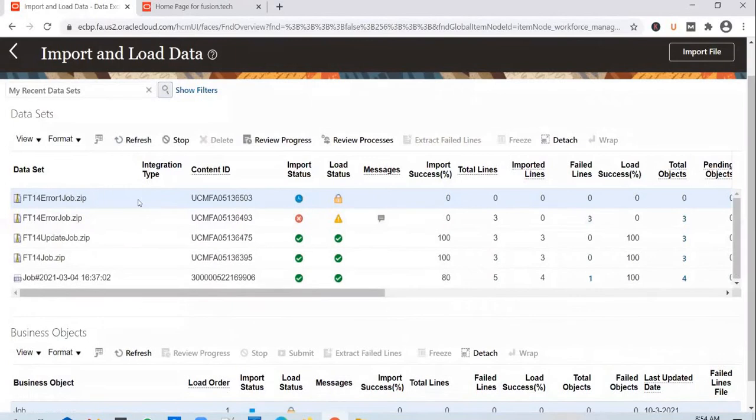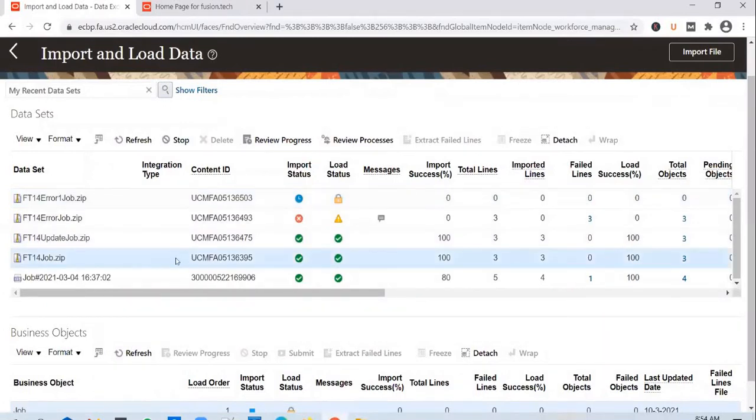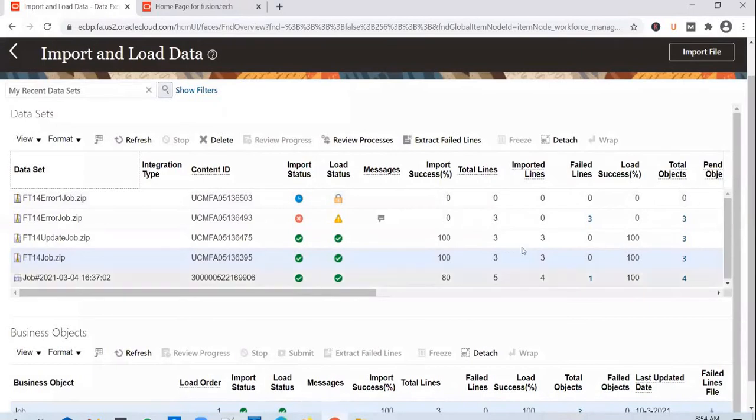Again, the same reprocessing options that you have seen in FPDA are also applicable for HCM data loader. What was the first reprocessing option we discussed in FPDA? Do the missing configuration and reprocess the records, right? We have seen it with the first file itself: when some configuration is missing, like the source system not entered in a lookup, it will error out. You can do the missing configuration and rerun the file.